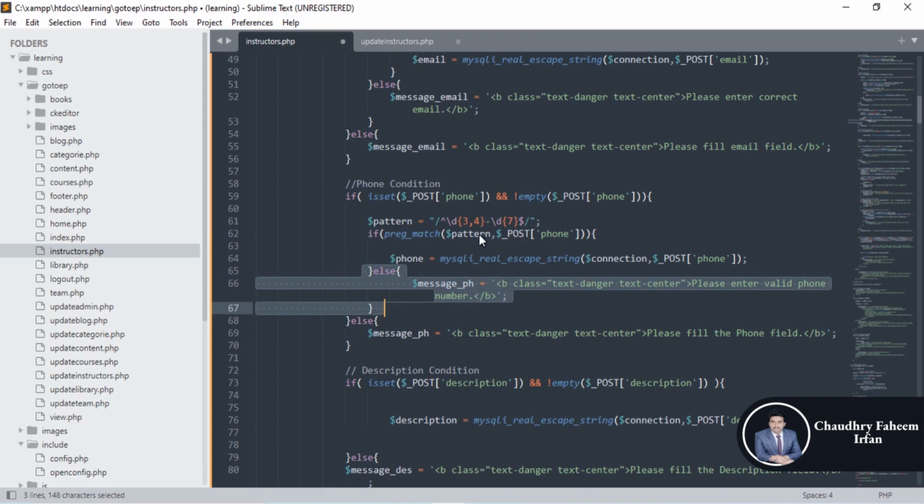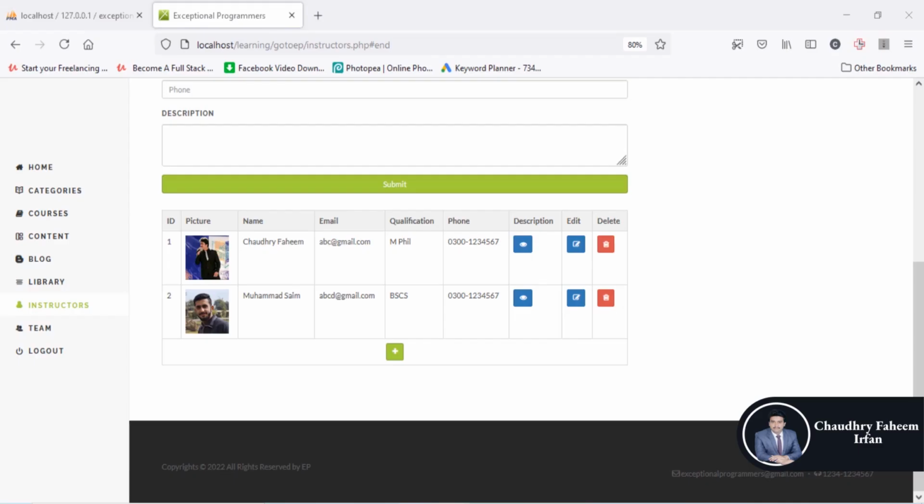You can remove these lines if you don't want the pattern condition. But if you want a pattern like 3 to 4 first numbers and then a hash, where D stands for digits, with 7 digits after the hash and 3 to 4 digits before it, you can add it. So here the record is added.